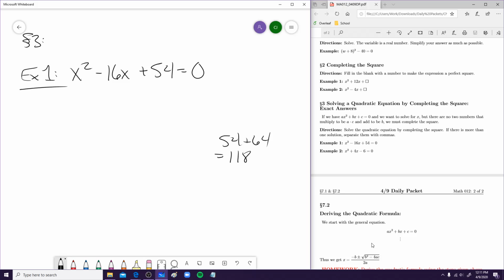Before I do this correctly, one more mistake I did is I said 54 plus 64, and I said that's 118. But when I broke it up, I did 2 and 56, but that is not true because 2 times 56 is 112. So this is actually 2 and 59. So going back just for that, the way I did it there, it would have been x minus 8 squared, the plus or minus the,